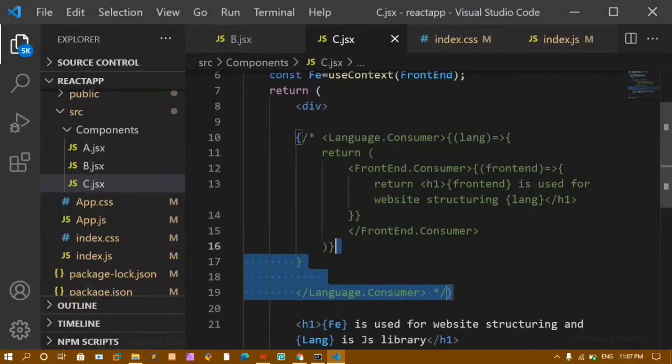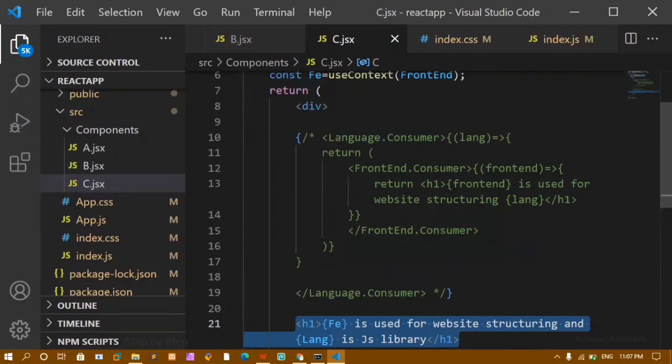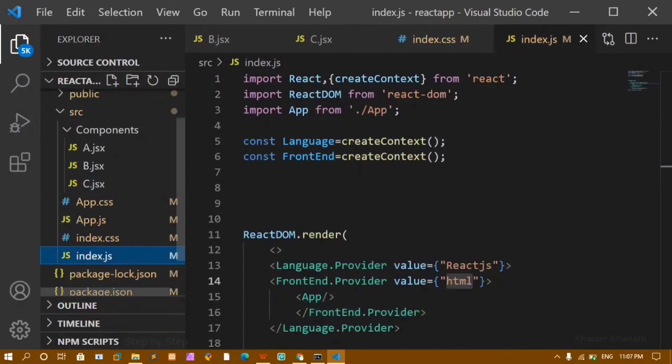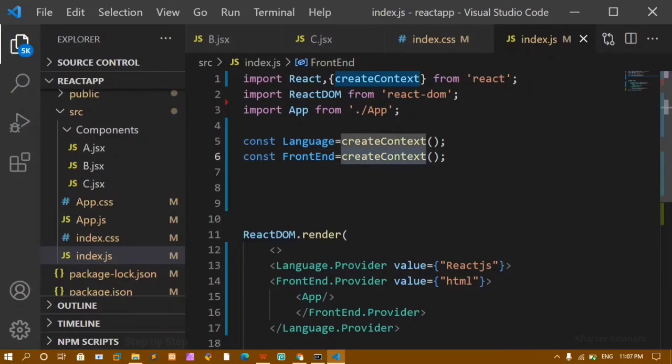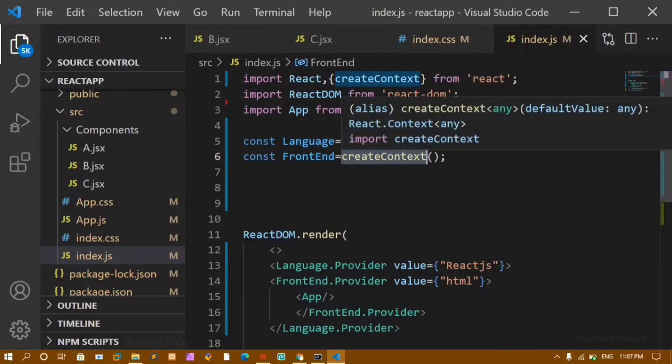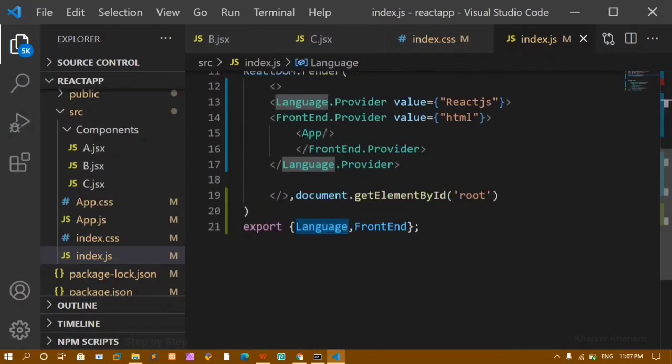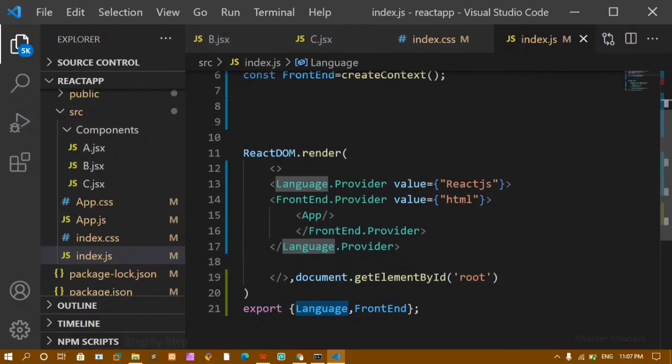Okay, instead of writing so many lines of code, we have just written the output, and we are just creating this use context, and we are just importing this data. Now here again I'm going to explain. Inside this index.js, we are creating context. You can see we have created context, and this is going to create one data layer for us, and that data layer I am storing inside this variable. Now below this I'm providing whatever value I'm having inside that data layer. And while passing, you just have to write like this language.provider, and whatever value you want to pass, and you have to close, and whatever component you want, you have to wrap inside that one.